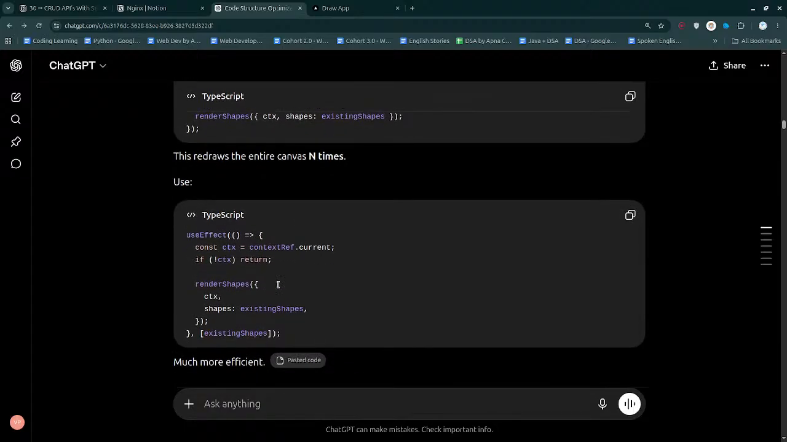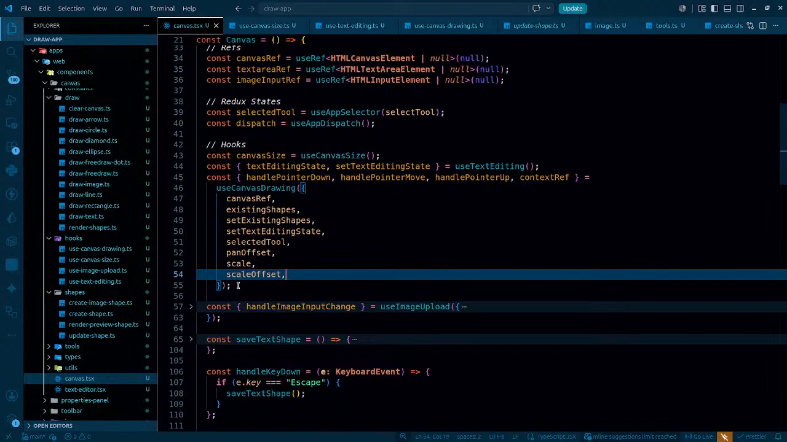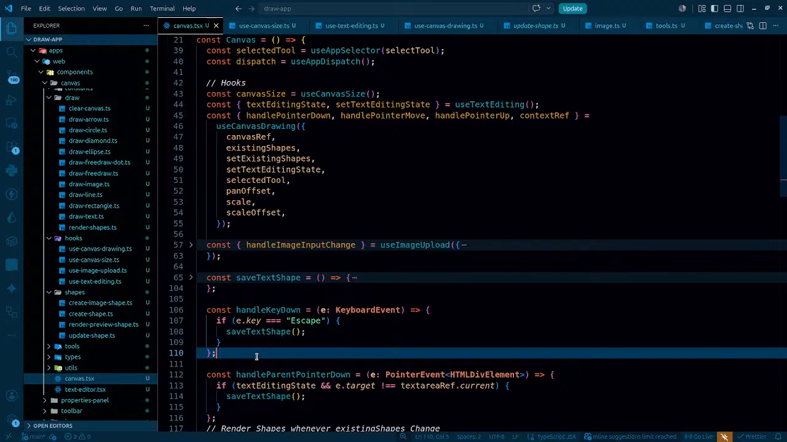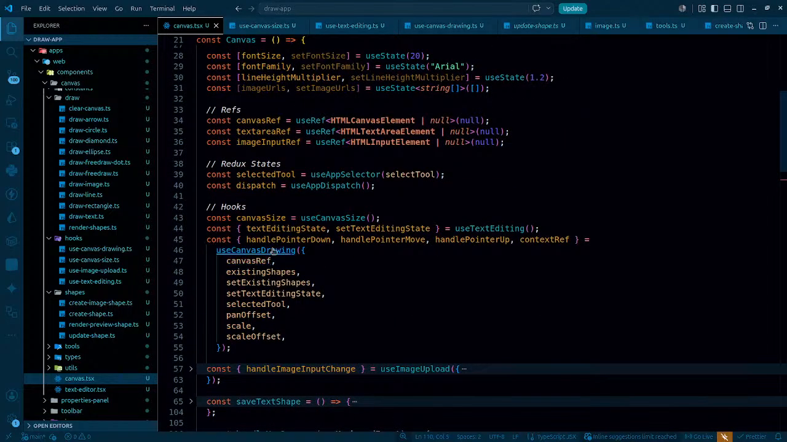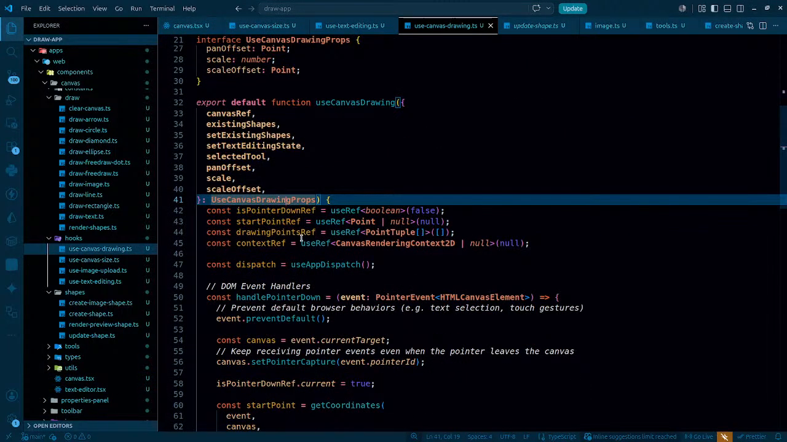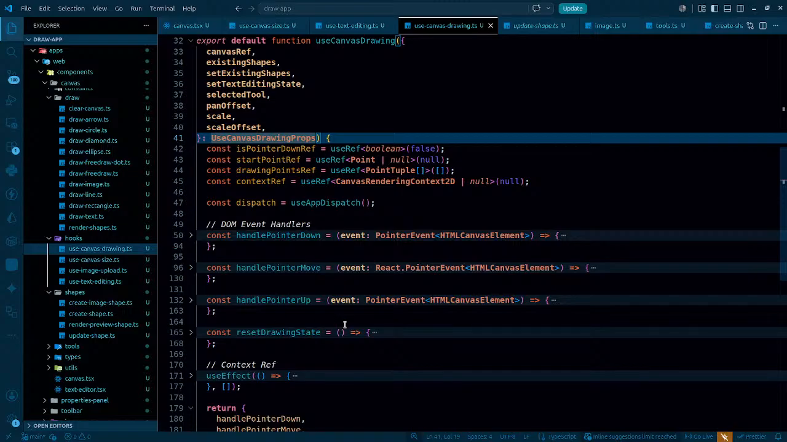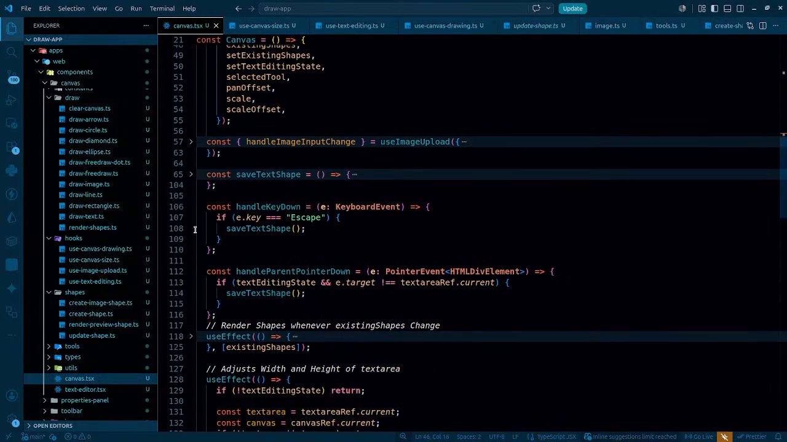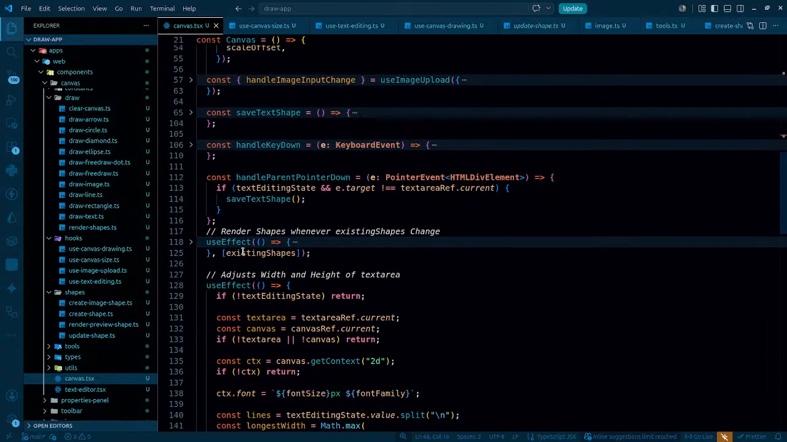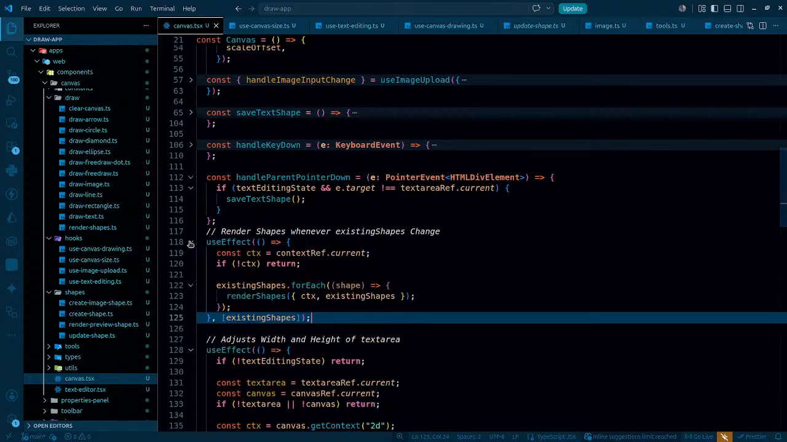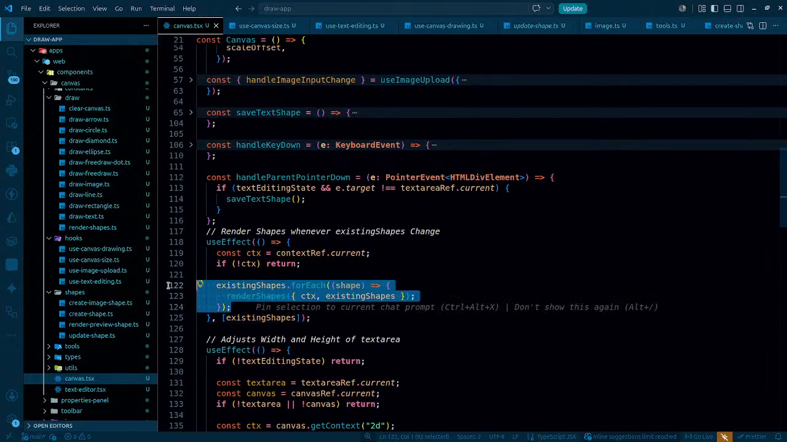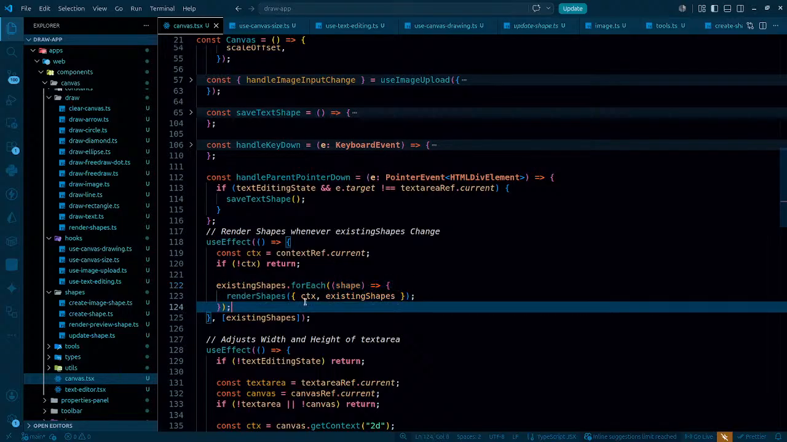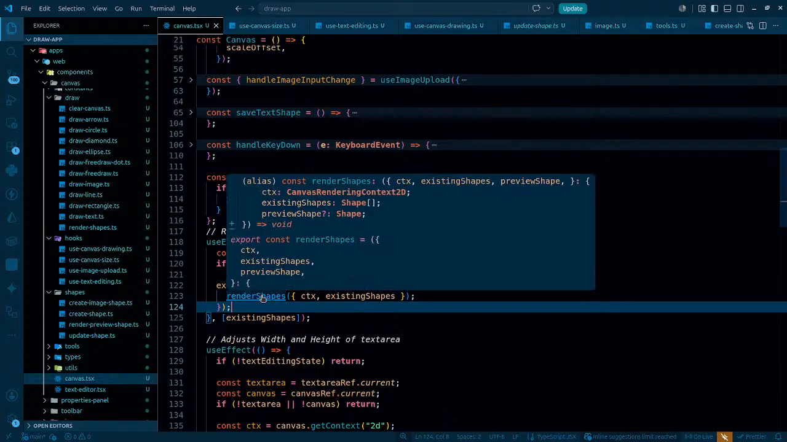Coming back to my code here, first of all, when it comes to drawing, use drawing, all the logic I have here. So we have pointer down and all these things. We even have what? So whenever existing shapes change, what do we do? This is what I'm doing. Render, what the hell, that was my mistake, sorry. Because